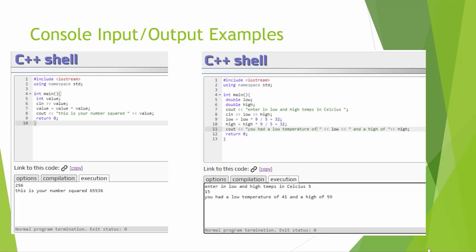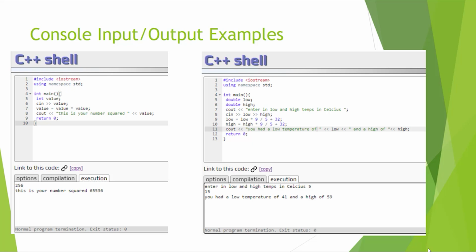Let's take a look at a couple of input-output examples. In the program on the left, you can see that I began with the usual starting values of the iostream and the namespace. Then in my main function, I create an int named value and I request input from the console. Whatever number is typed in, the program multiplies by itself in line 7, and line 8 outputs the